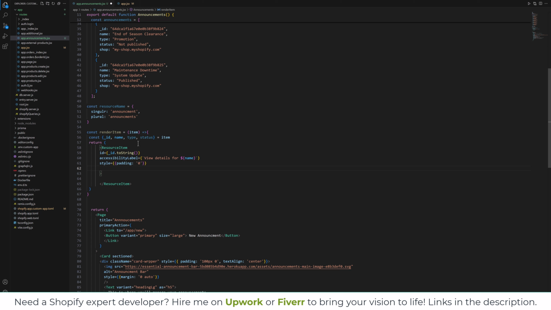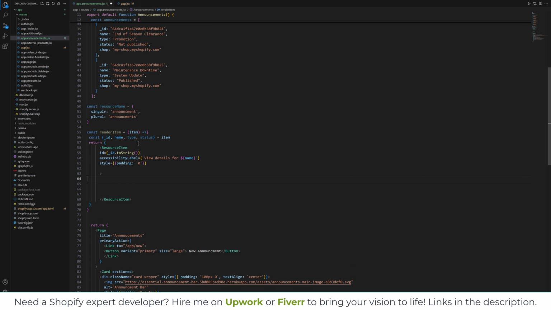Okay, inside resource item we need a link to go to the detail page of the announcement bar. So let's have a link,